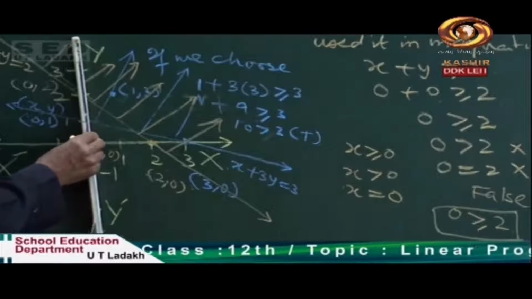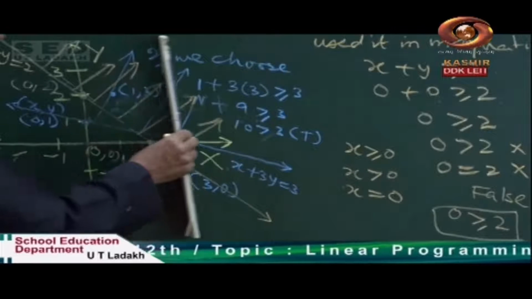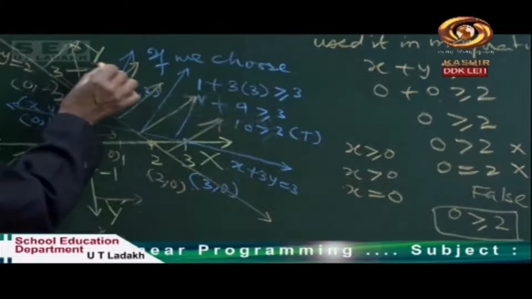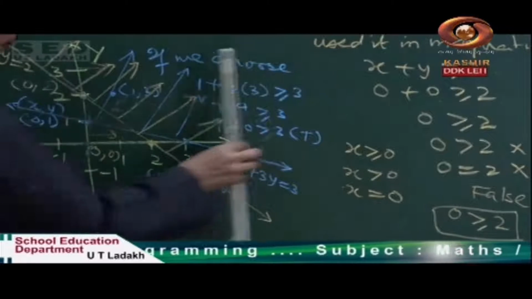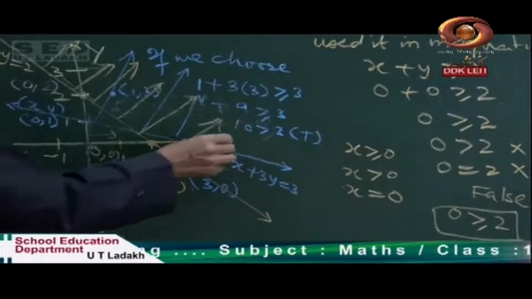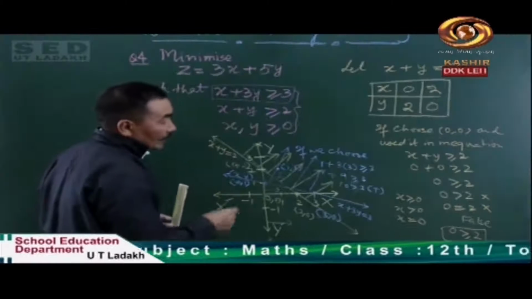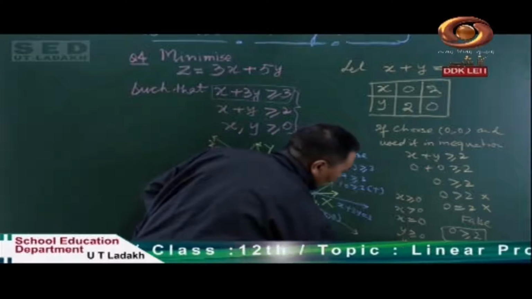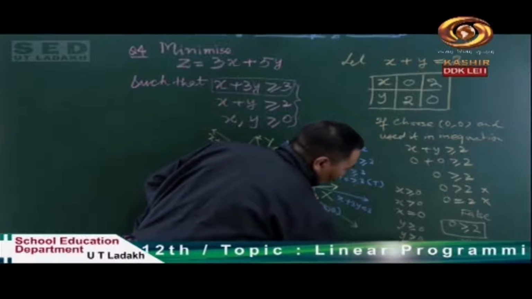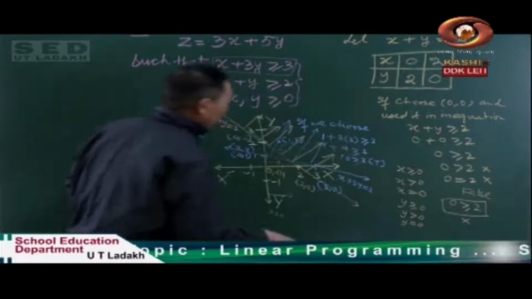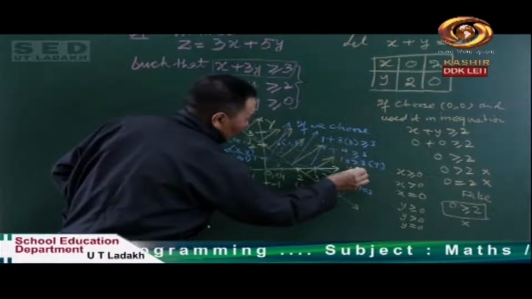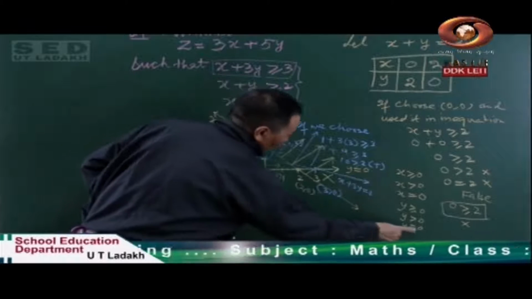If this scale makes an imprint on the graph, then what will happen? It will shade like this, but we have to take the first quadrant. Similarly, y is greater than or equal to 0, that means y is greater than 0 or y is equal to 0. If y is equal to 0, then it will be the equation of this line, y equal to 0.